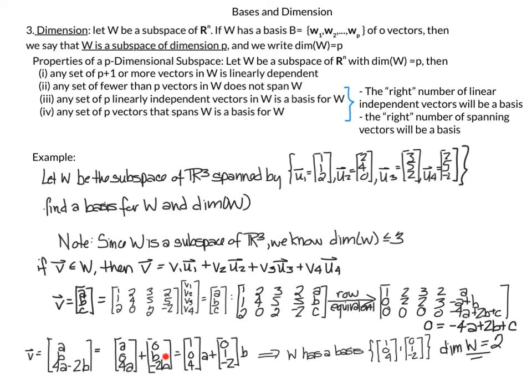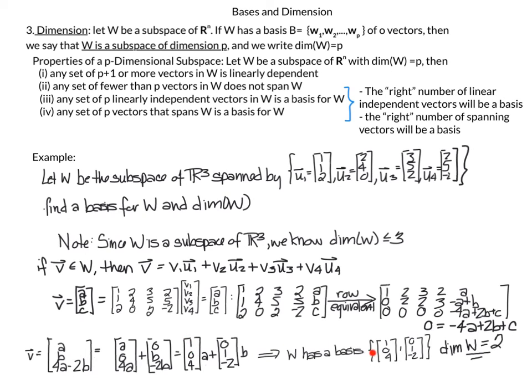So these two vectors added together give us v. And now I can pull out my scalars, and remember, a, b, and c are just the coordinates of v, so they're scalars. I can pull them out, and I got 1, 0, 4 times a plus 0, 1, negative 2 times b. So this is the general form of the vector v. In other words, it's 1, 0, 4 multiplied by a scalar, and the vector 0, 1, negative 2 multiplied by a scalar. So all the vectors v are linear combinations of the vectors 1, 0, 4 and 0, 1,